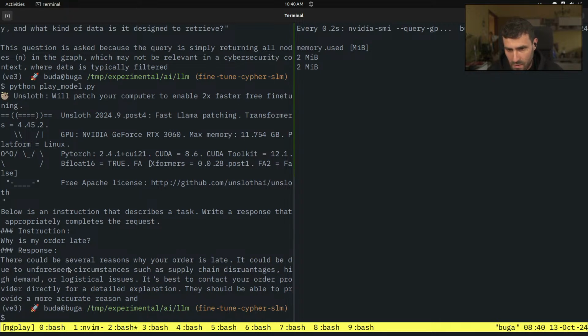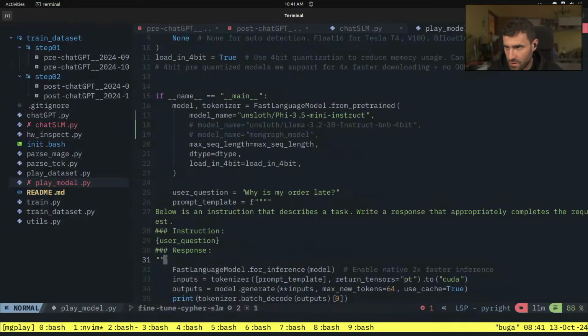So the problem here is that I'm actually expecting a Cypher query here, not this response, because we are training the model to generate the Cypher query. But it's reasonable because the model doesn't know anything about Cypher and I didn't instruct it. It's not trained on Cypher and it didn't have any instruction for the Cypher, but I'll just, so because we need these templates,